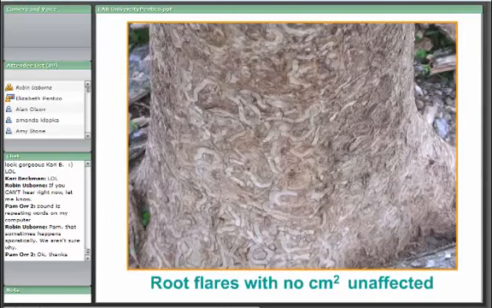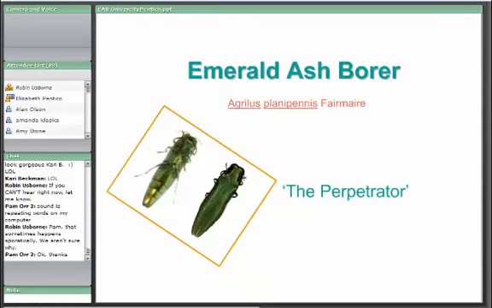And just kind of a gee whiz picture for you. These are emerald ash borer galleries on a tree. Obviously, emerald ash borer left no part of this tree untouched. This is a very pernicious and very devastating, aggressive pest of ash. So what do we need to understand about emerald ash borer, the beetle, to look at the regulatory scenarios and